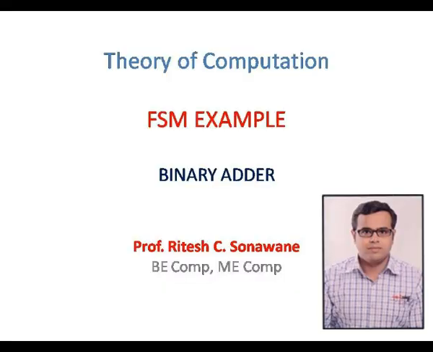Hello friends, in the previous video we have seen the finite state machine and the basic machine. The internal state of the machine alters when the machine receives an input and generates the required output. It's called a finite state machine, and it mainly consists of the two functions we have seen: the machine function, I × S, which produces the output, and the state function, I × S, which produces the state.